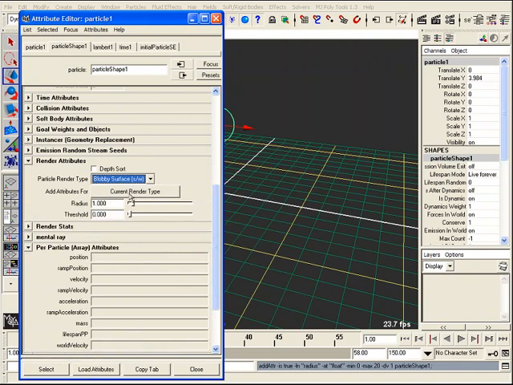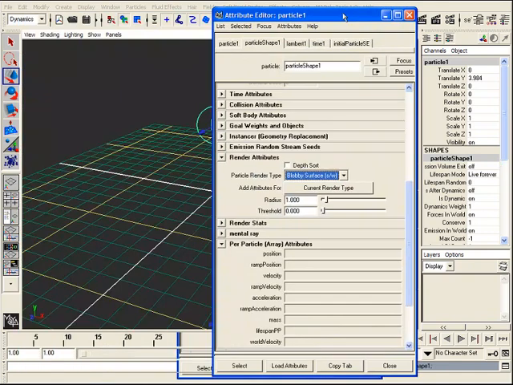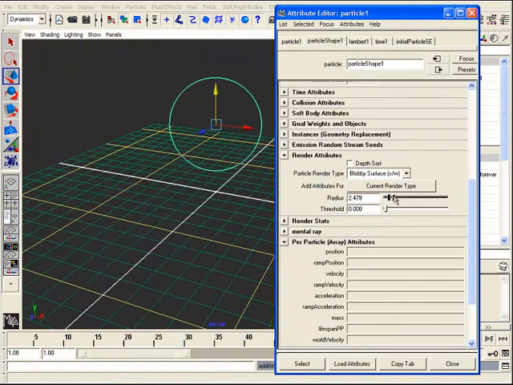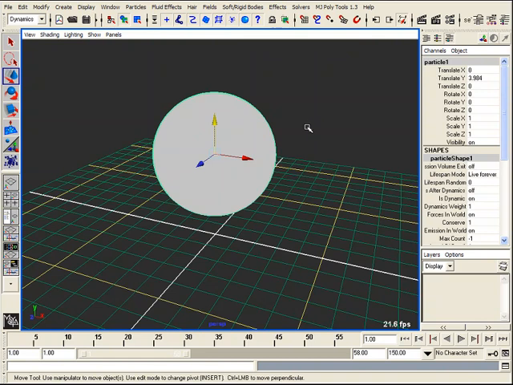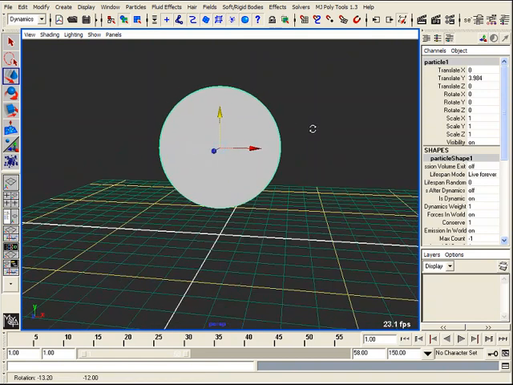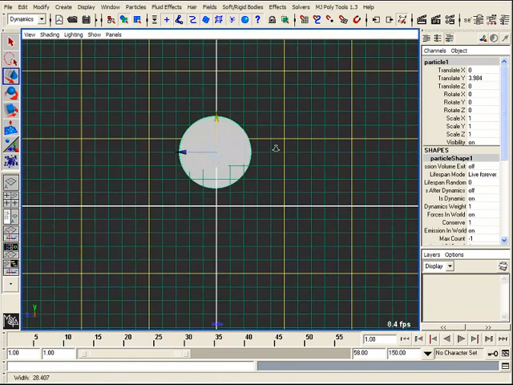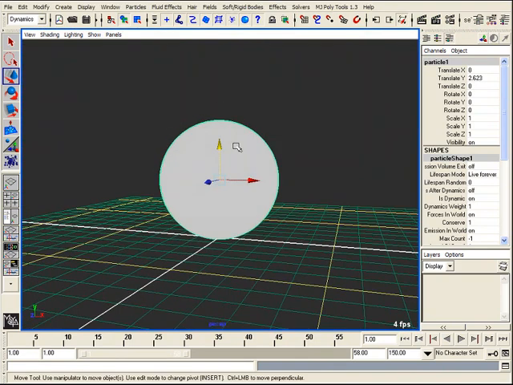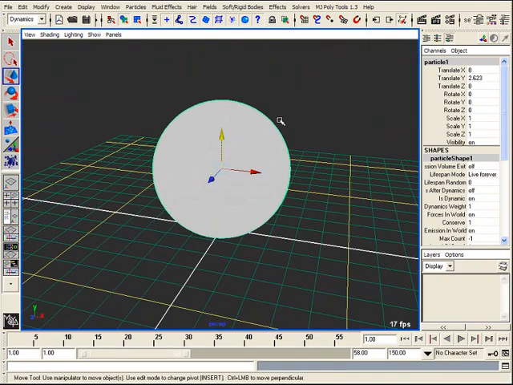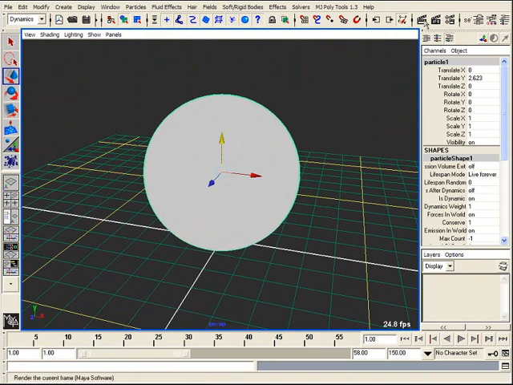me radius and threshold. A radius is pretty obvious. It's just going to control the size of that individual particle. So let's make it a little bigger. And if we go into shaded mode, unfortunately, the software render types in Maya don't have a very nice hardware display. But I'm going to place this particle at the origin. And we'll see that with the one particle in the scene, if I just do a render,